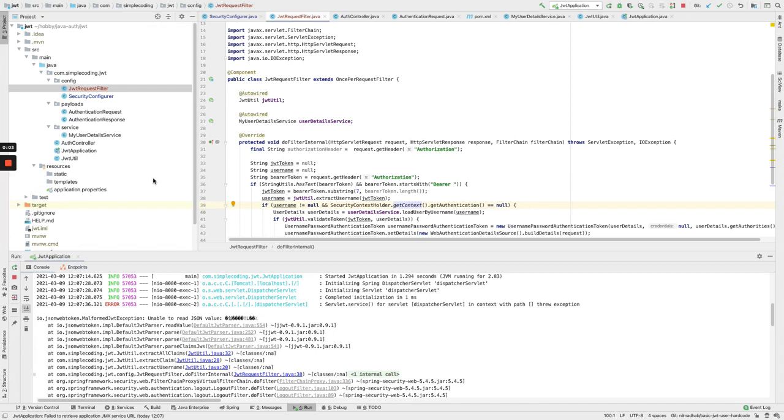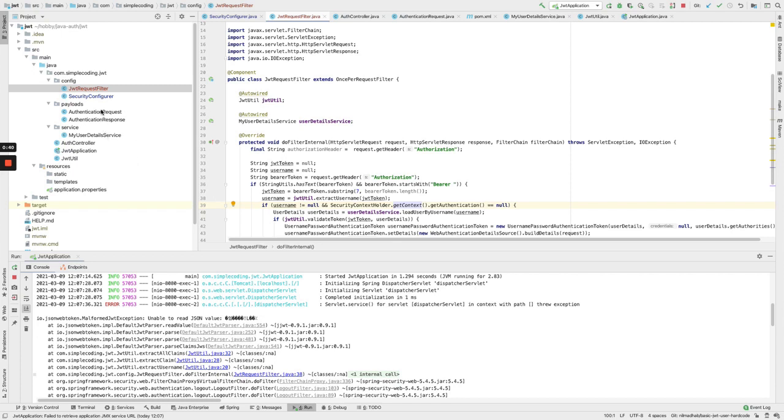Hi everyone, in this video I'm going to explain how we have developed a JWT based authentication. In the video by JavaBrains, they have done an amazing job to explain how to use it, but if you don't have the time of 40 minutes to watch the entire video, in this video I'll just explain very shortly what we are doing and what are the components we have and how the API is working.